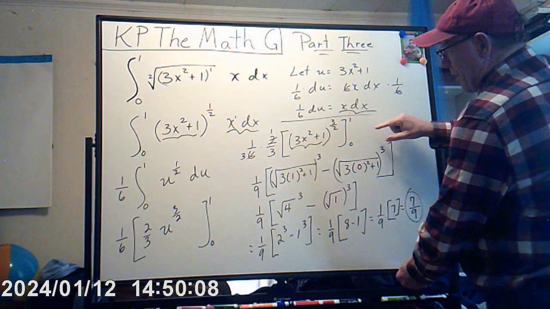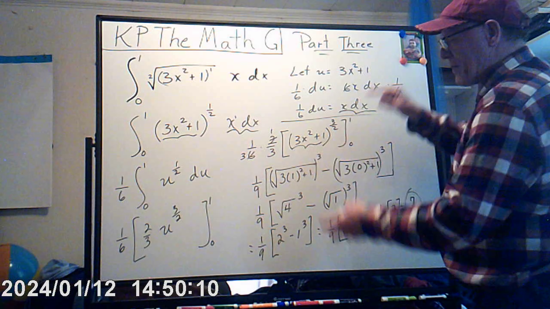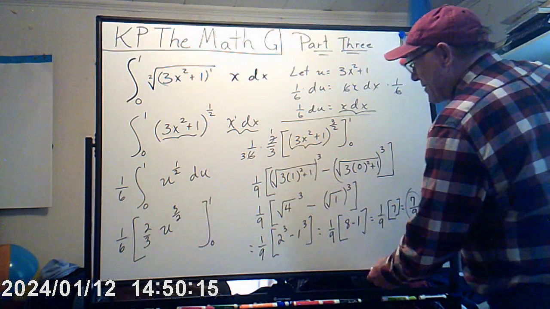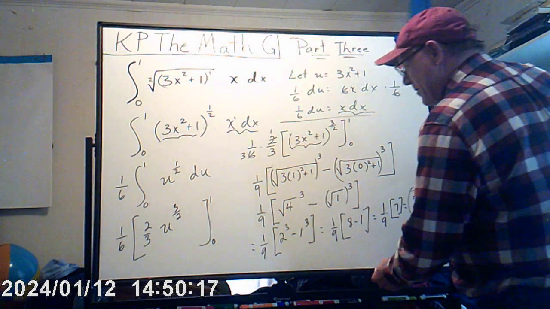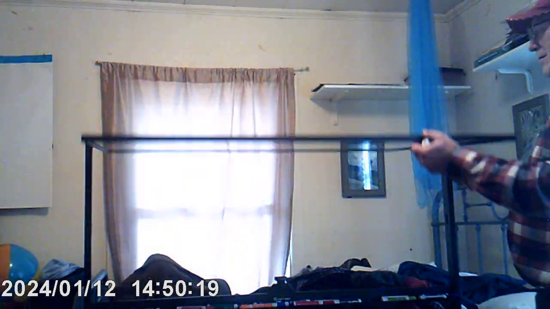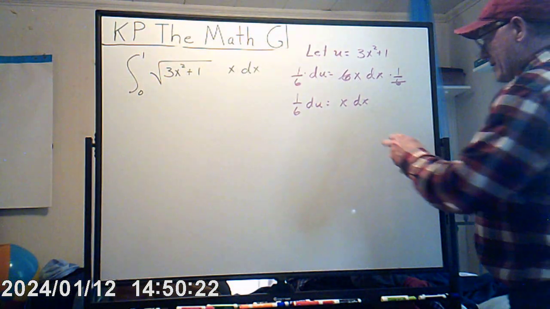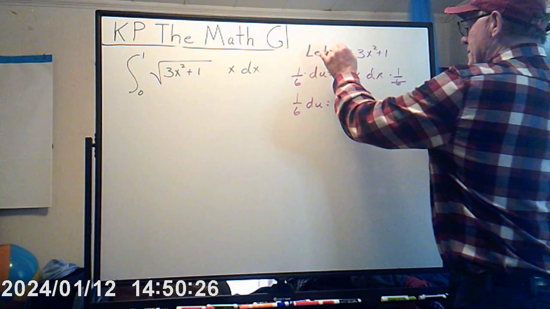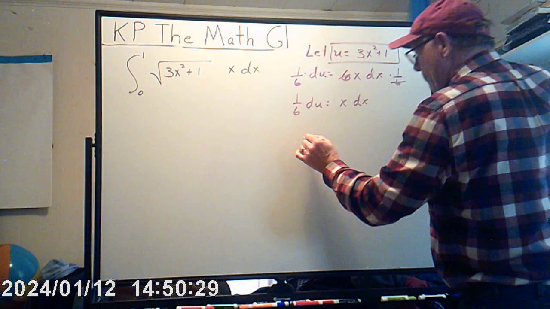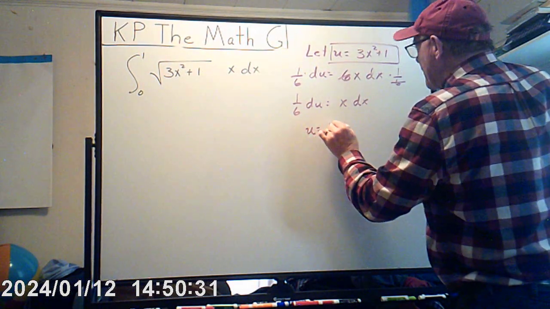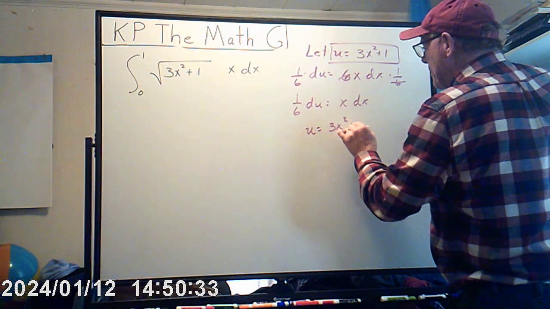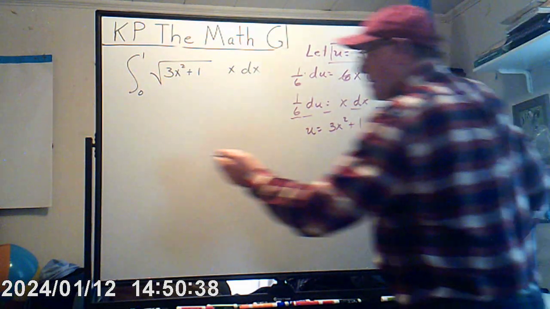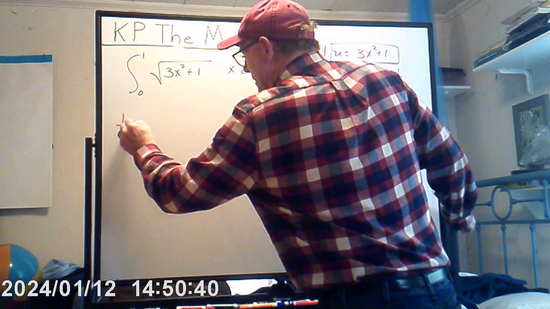I'm trying to compare, and I hate that I have to flip back and forth, but I'm at least glad that I'm able to flip it over, instead of just having a one-sided board. Okay, here we go. We're going to go back. So that's the same thing. So what's different, KP? Now here, u is 3x squared plus 1. Going back to this, now remember, I'm going to put this 1/6,